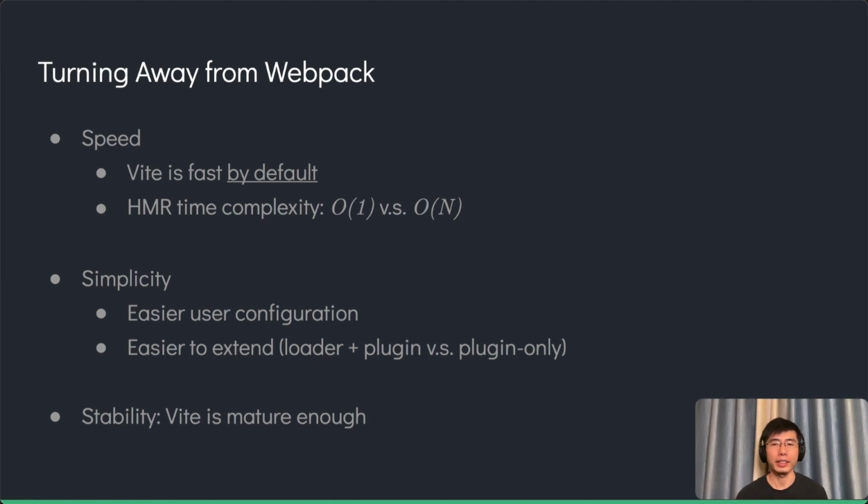Another benefit of Vite is its simplicity. The configuration format of Vite is easy and intuitive, so that we don't need another layer of abstraction like webpack-chain to let the users easily get their desired configurations in Vite. And even for ecosystem package authors, it is easier to extend from the Vite core than from the Webpack core. For example, it is a universally acknowledged design flaw in Webpack that it has both the loader and plugin API,